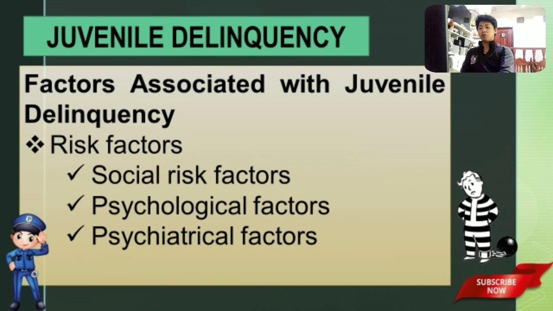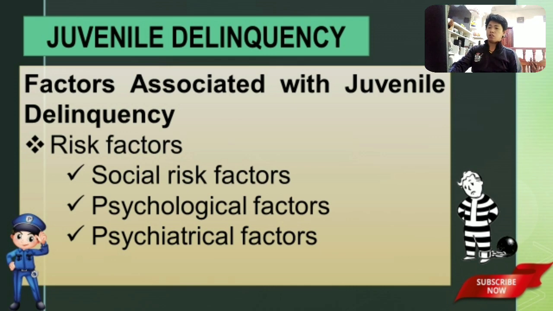Nagkakaroon sila ng intervention para nang sa ganun ay sagipin. Sagipin, yung term. Sagipin yung mga bata sa kinalalagyan nila. Kasi, they could turn into juvenile delinquency if it was not addressed. It will not be addressed by the government. Okay? So those are some of the factors that we know with regards to